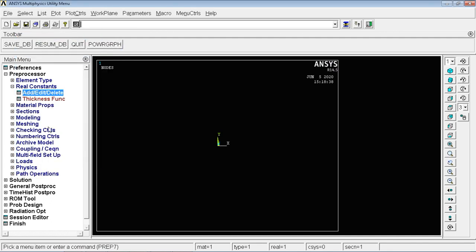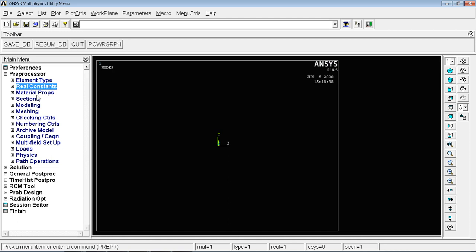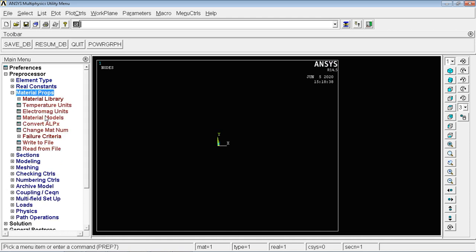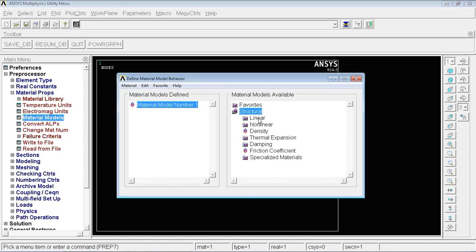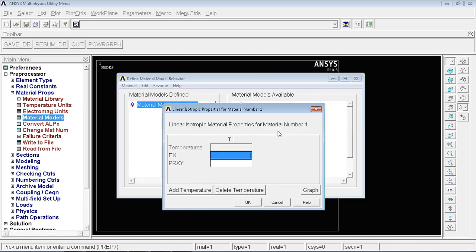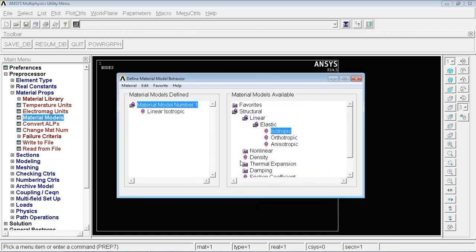I'll close this. Next, after real constant, I'll go for material property, material model, structural, linear, elastic, isotropic. The value of first Young's modulus is 2E5, and the value of Poisson's ratio is 0.3. I'll click on okay. Here the very important thing is we need to create one more material.